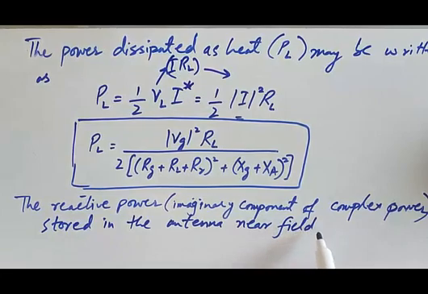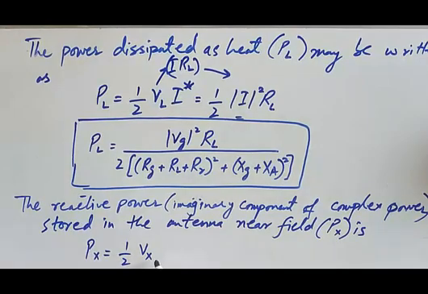So what is that going to be? This can be denoted as Px, for example. So this Px is actually equal to half of Vx. So please remember that, let me draw